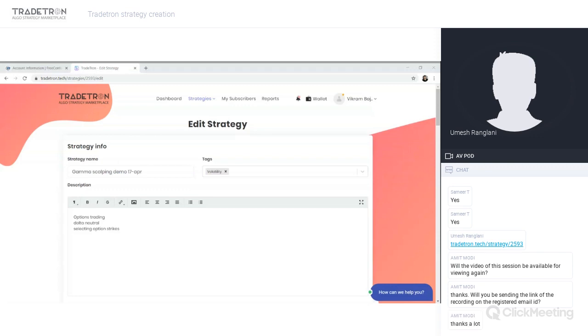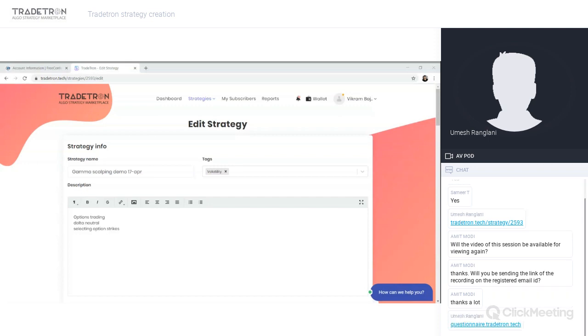Also, if you want any strategy of yours to be created by us, if you're not able to configure any strategy, you can just fill in this form with your strategy requirements. Our support team will get in touch with you about whether this strategy is possible in Tradetron or not, and how much time and effort will be required to create the strategy. We can discuss all that with you later.